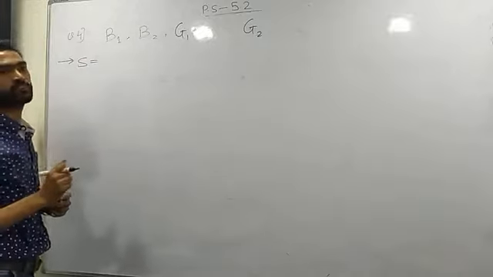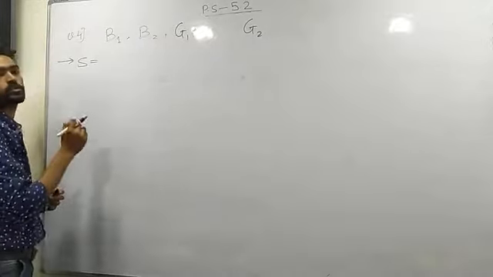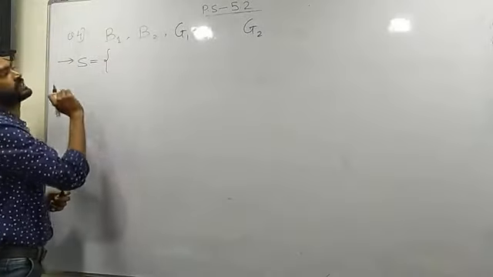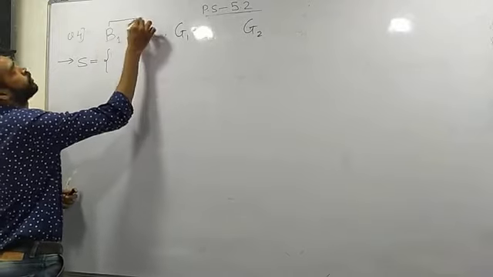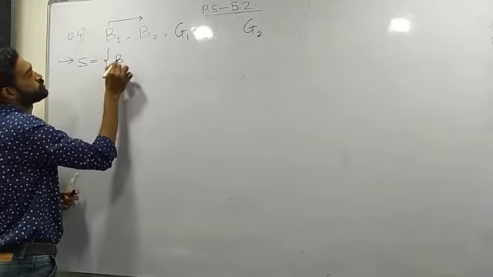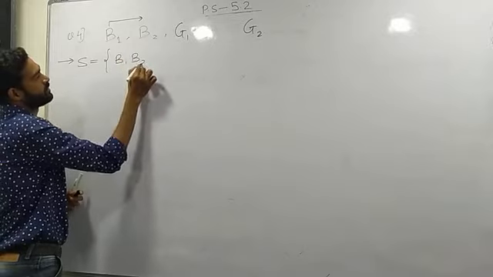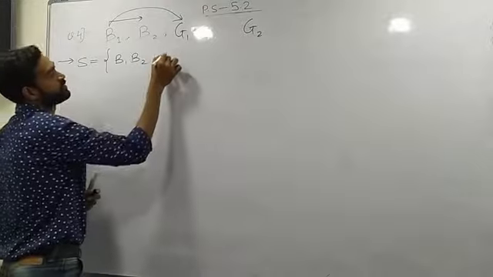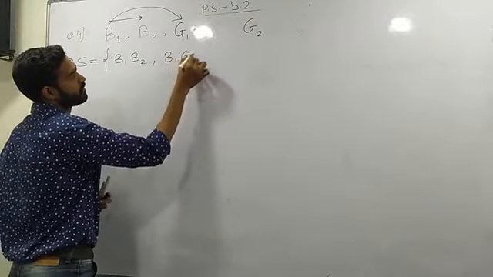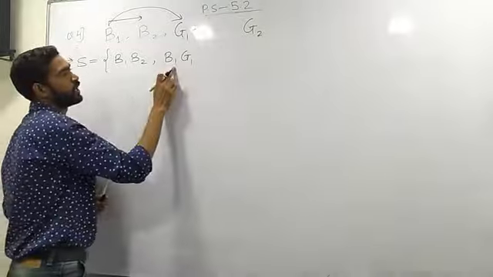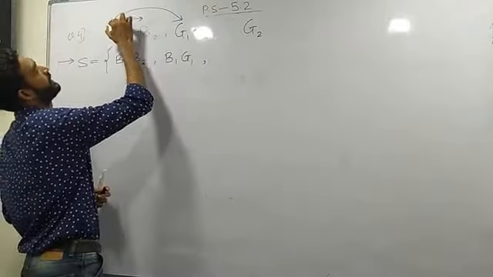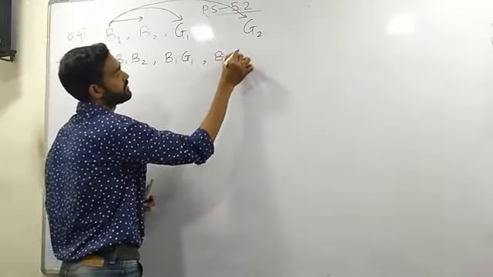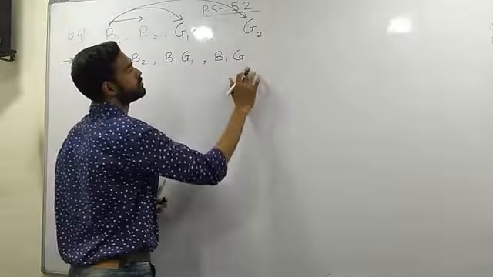Now what this question says, you have to put 2 persons together. So how many persons come together? 2. So this B1 will go and meet with B2. So the first pair is B1, B2. Next, this B1 will go and meet with G1. So boy number 1 contact with girl number 1. So boy 1, girl 1. Next, that same boy can go and make a pair with girl 2. So boy 1, girl 2.